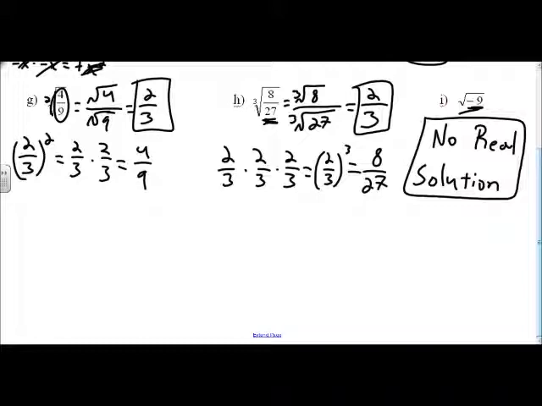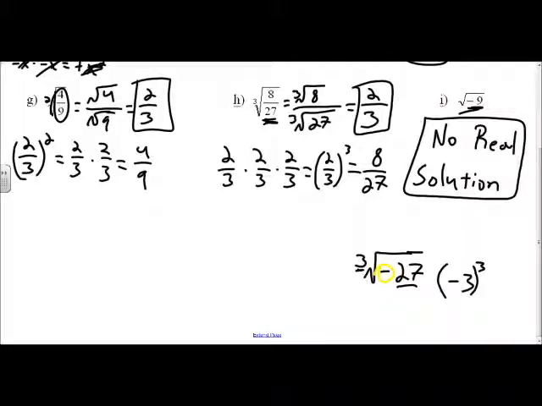Now I told you that I would show you how that odd function works. Let's say if we had the cubic root of negative 27. So in this case there is a negative that we're working with, but we're working with an odd number root. So this is a cubic. Well, we'll look at just the 27. We notice that 27, and we're looking for the cubic, 27 is 3 cubed. But since we're working with a negative 27, we would say in this case that it would be negative 3